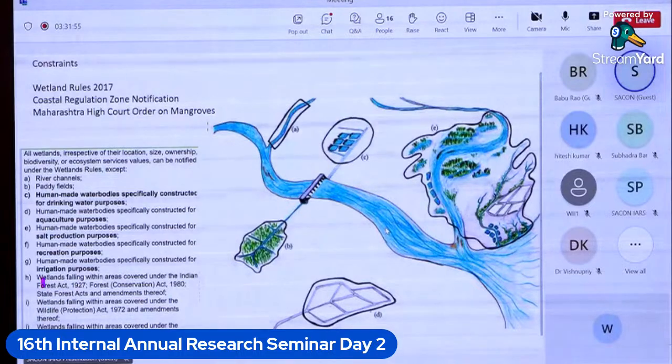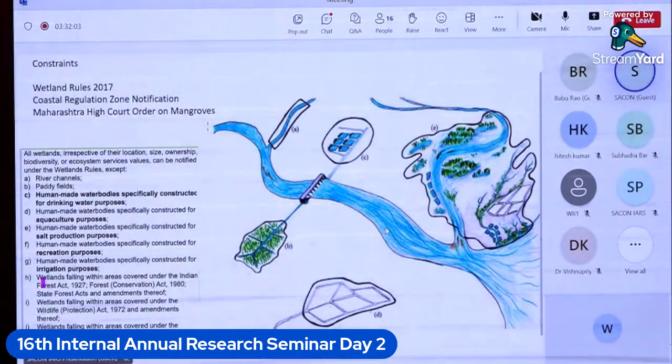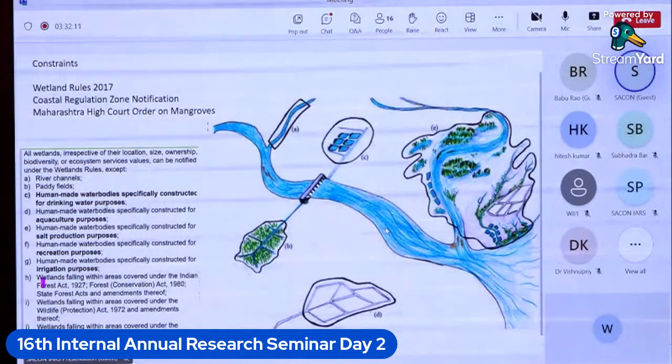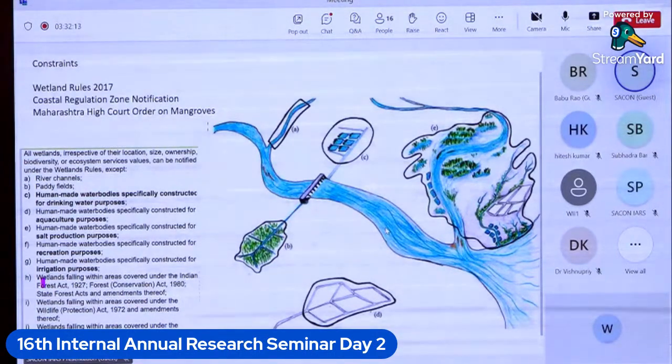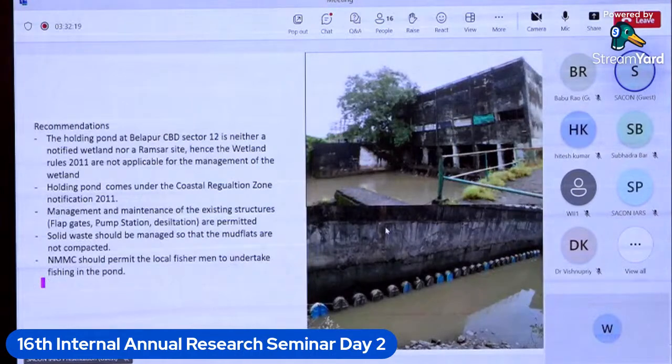So you can manage and maintain such ecosystems which are man-made. Because there is something like a constructed wetland, plantation is also allowed. But since it is closer to the marine ecosystem, which has some influence of the tide, mangroves have also grown, and that is the reason why we cannot touch the mangroves. But then the other things can be managed, and accordingly, the recommendations that we gave were that the CBD Belapur,